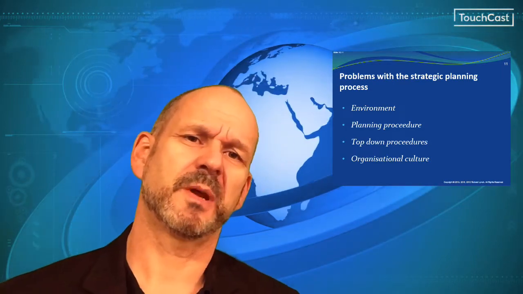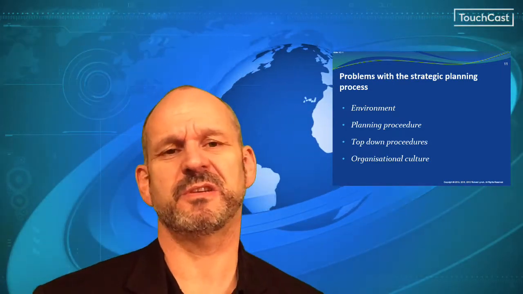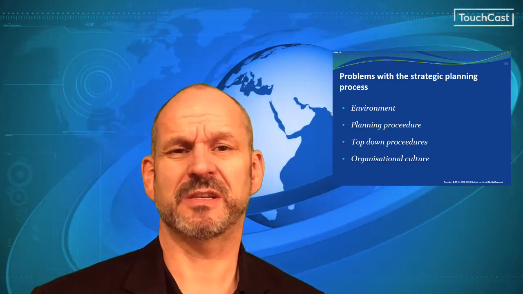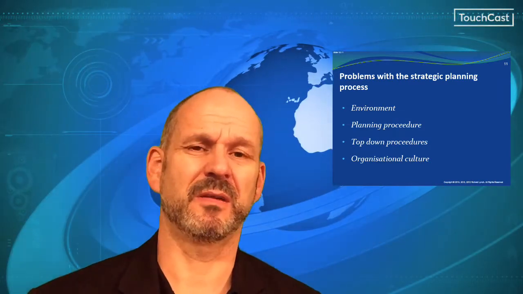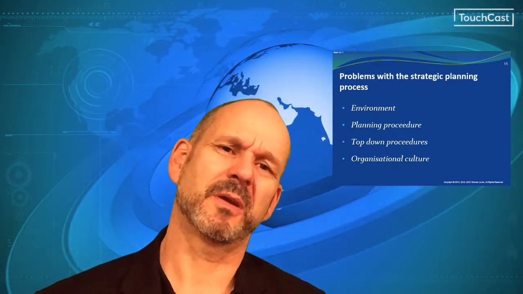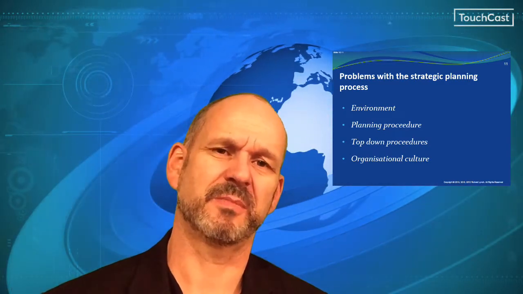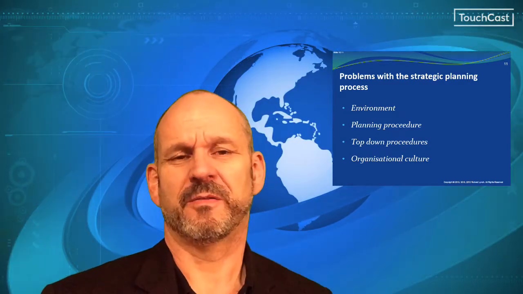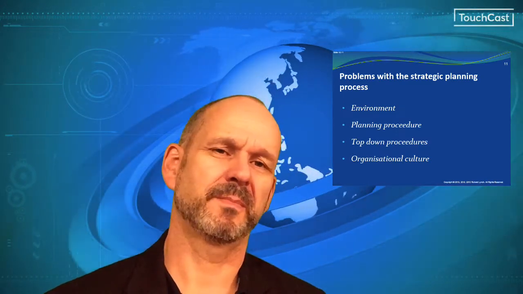Top-down procedures also bring problems, as it is assumed that such procedures, from group HQs to individual strategic business units, represent the most efficient method for allocating funds and gaining management commitment, whereas research suggests that some managers find the process demotivating and unwieldy. Organisational culture can also be problematic. It's often assumed that organisational culture will allow the prescriptive model to operate, whereas some company cultures are in practice more suited to prescriptive approaches than others. For example, a strict strategic planning format may not be appropriate for a highly creative and experimental company.